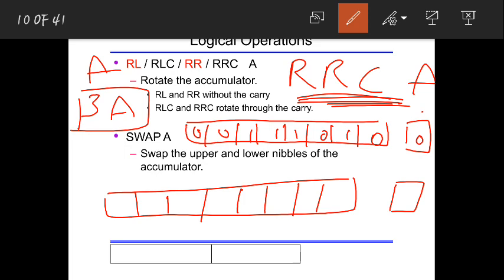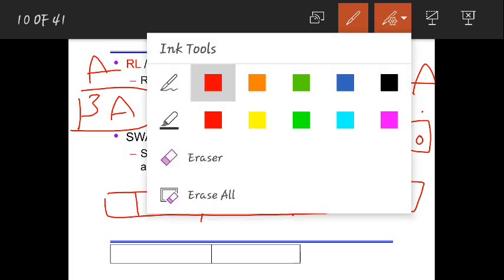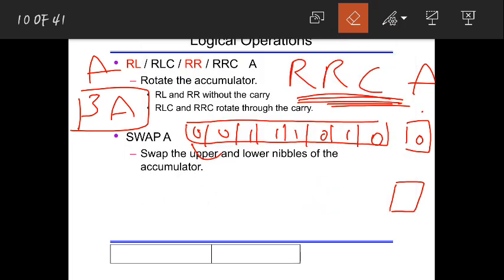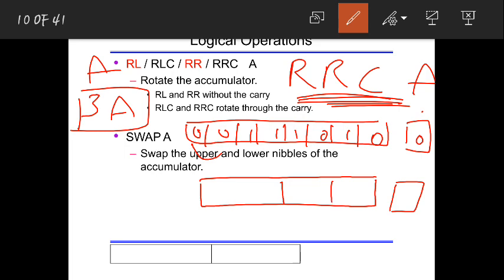Rotate right means this will move to this bit. Actually I need to draw this, it will be easy if I draw accordingly. Let me draw in this same place. Now this will try to move here, so this will come here.